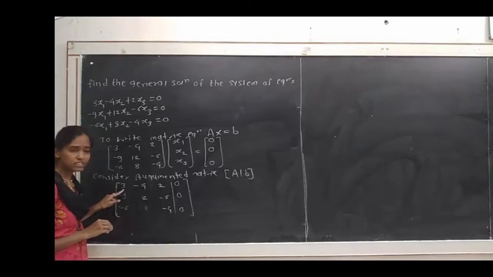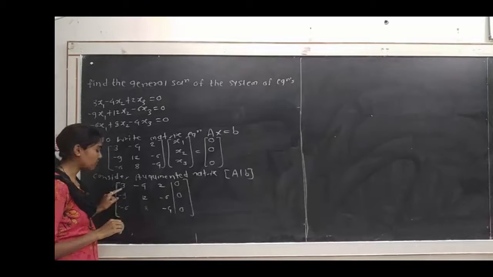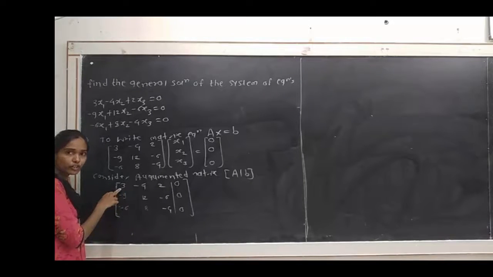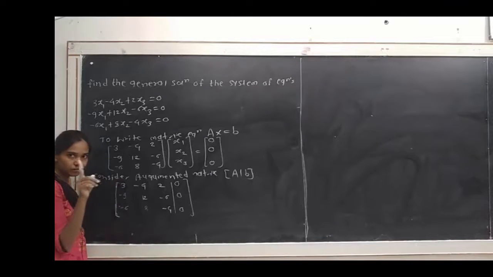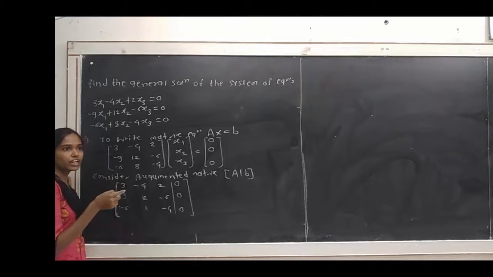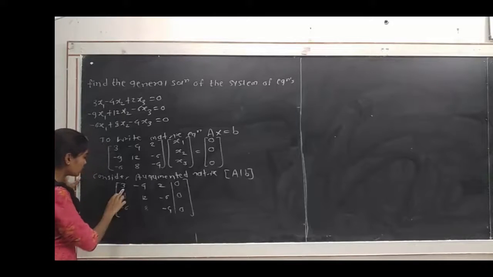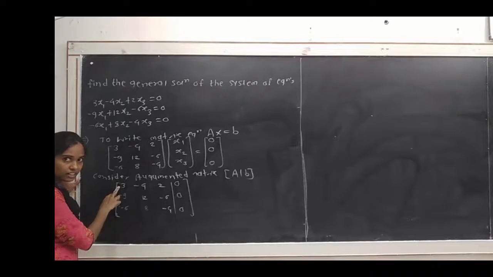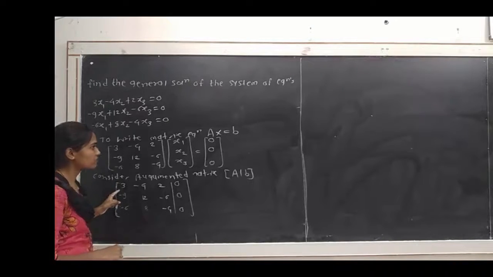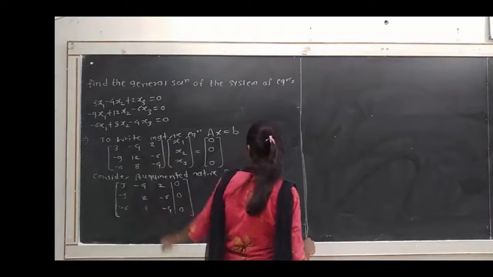So we write the 3 as it is. This is the non-zero leading entry of the first row at the 1,1 position. In reduced row echelon form we always have to make the leading entry 1, but in row echelon form we can convert it into 1 or write it as it is, since it is a non-zero number. The entries below the 3 are multiples of 3, so using this 3 we have to make the entries below it 0.